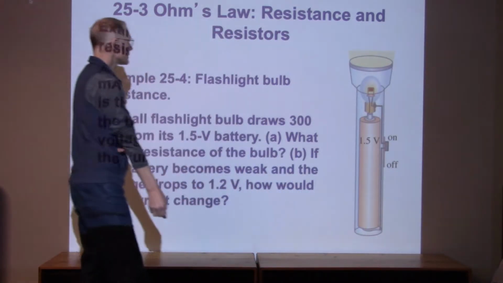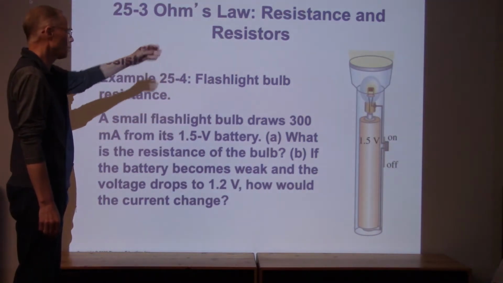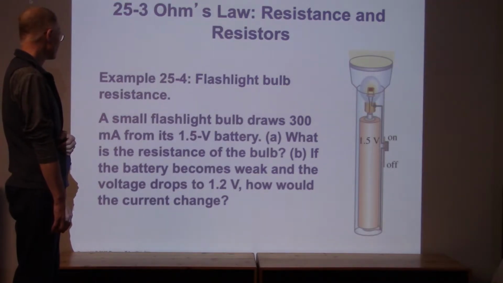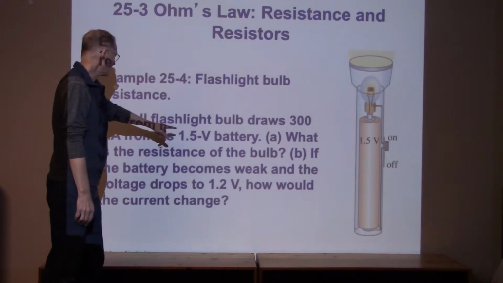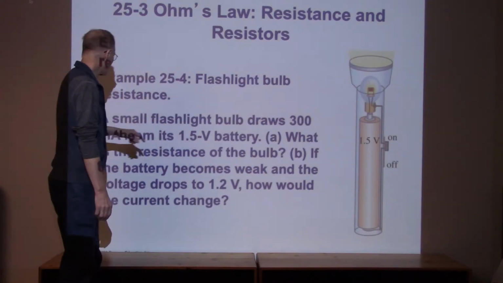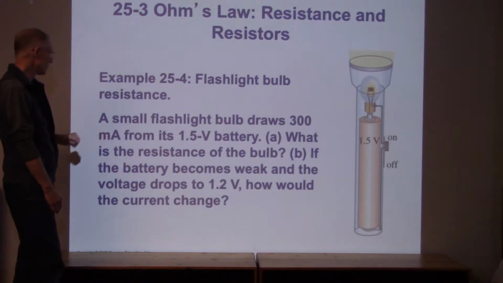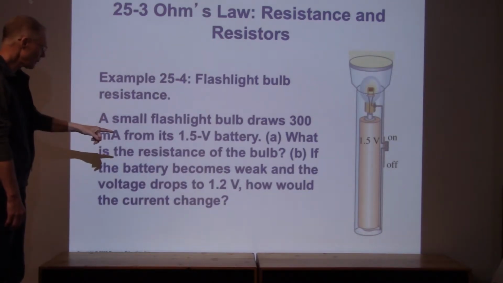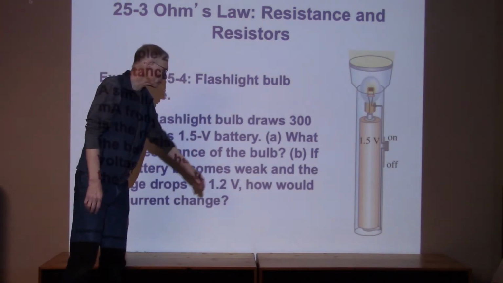So here's another example. Here's a flashlight. It's got one battery. It's 1.5 volts. Now it says that the flashlight, as we're operating, has a 1.5 volt battery, and the current going through is measured to be 300 milliamps. They want us to figure out how much resistance is in there. And then a second part of the question is, hey, what if, as the battery gets older and older, the